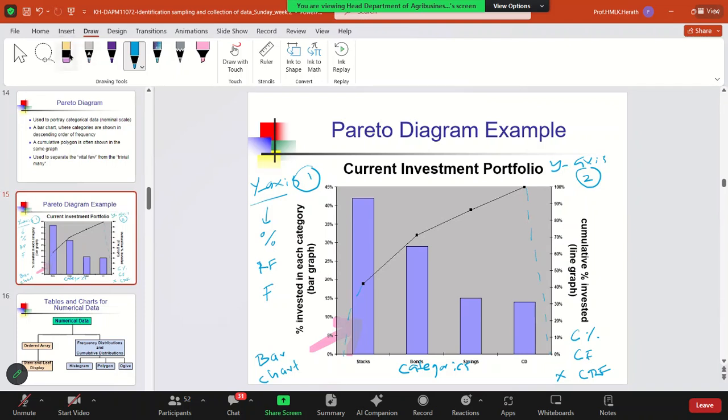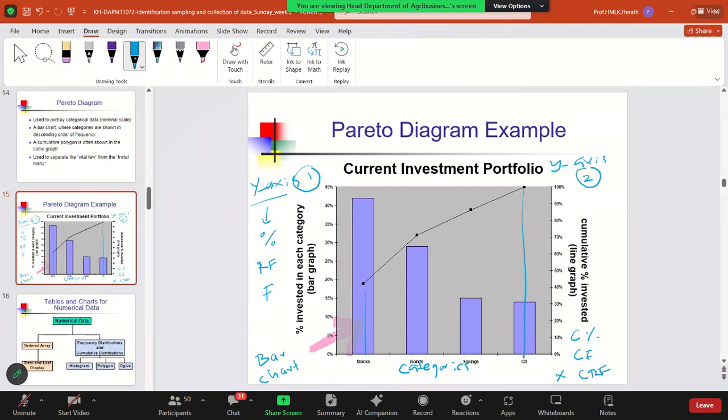Or else we can connect it. Oh, it is not working. So this is cumulative polygon,